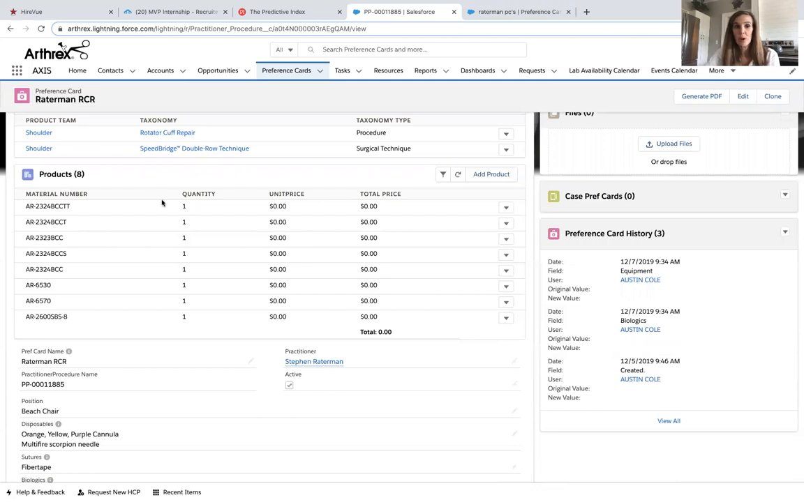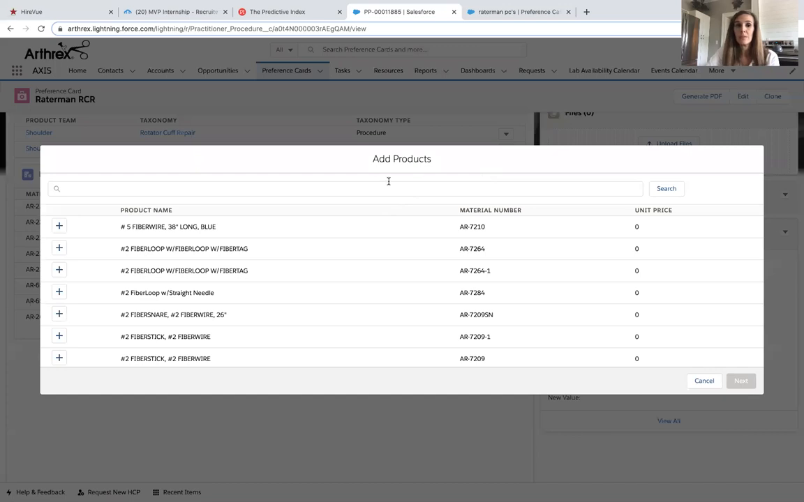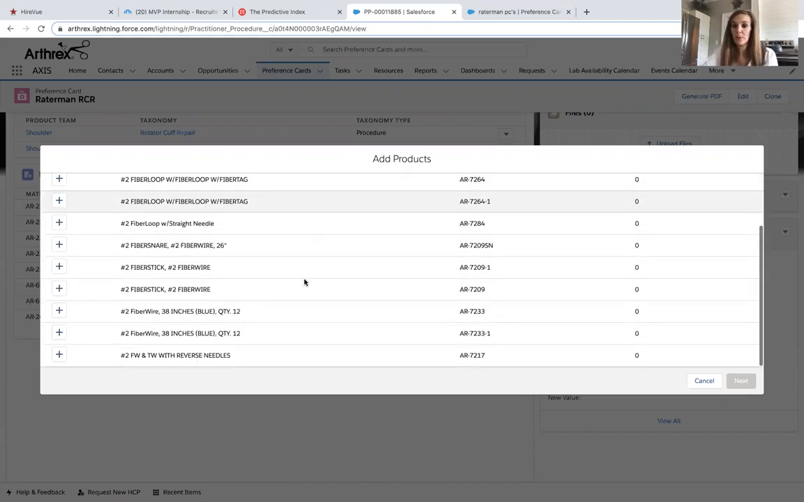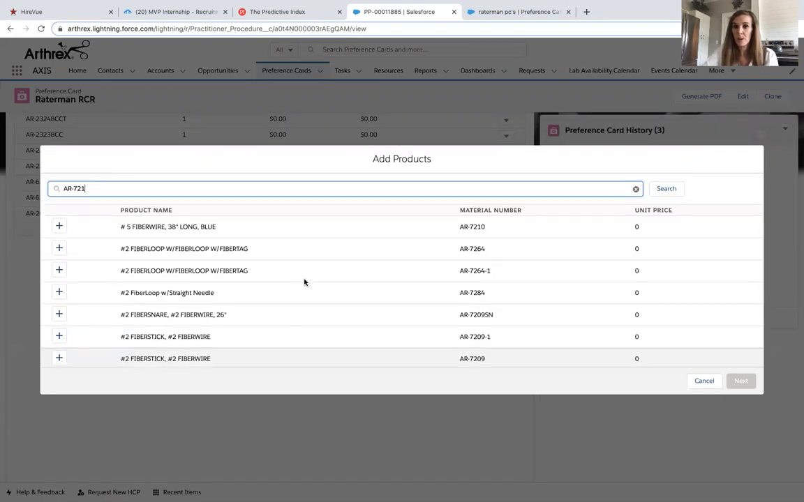You'll go down to the product section of your preference card and you'll hit add product. Everything is accessible right here. You don't have to do a massive search. You'll just type AR, and if you're looking for any kind of fiber wire, fiber tape, fiber loop, as you type, it's going to start populating, just like in RedSpot when you're typing for something. It's going to start pre-populating those item numbers that you're typing. So, and you'll select which one you're